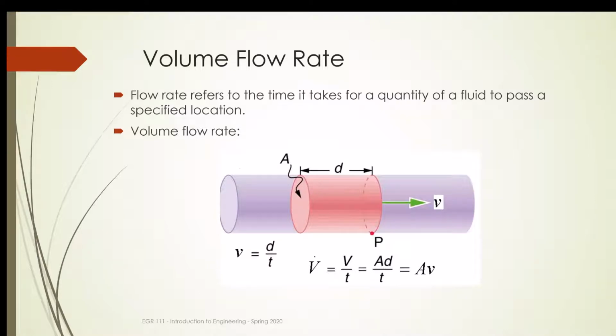Okay, I'm going to talk about flow rates, and the first one is volume flow rate. This is where the derivation of this equation comes in. It's in units of, could be gallons per second or cubic meters per hour, or cubic feet per minute, something like that. And the way you actually derive this equation, this is the cross-sectional area times